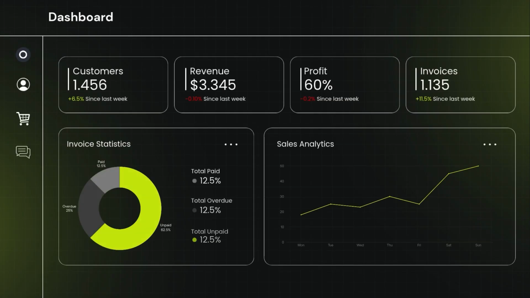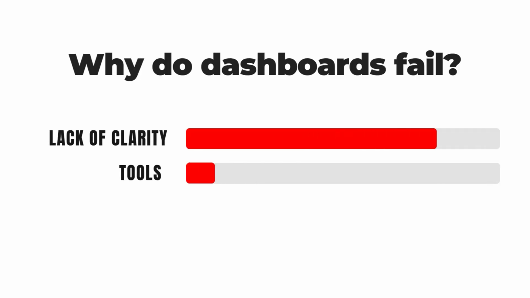Most of the business dashboards are absolutely going to fail, not because they are not built with the right tool, but because they lack clarity. If you're a business leader and you want to develop good dashboards for your own team, whether or not you are necessarily developing the dashboard yourself, probably not because you're a business leader, but in case you would want to bring a lot of clarity to the dashboard development process, in this video, I'm going to share a